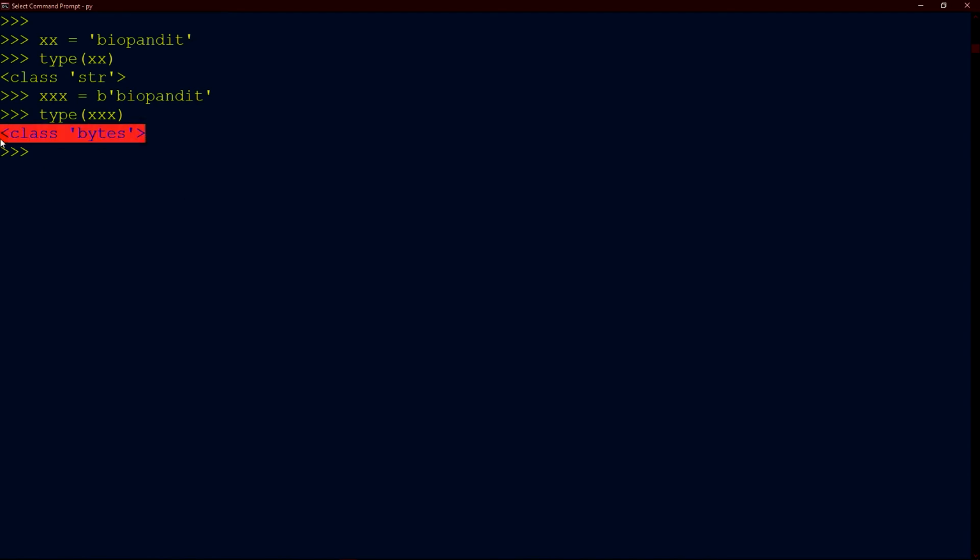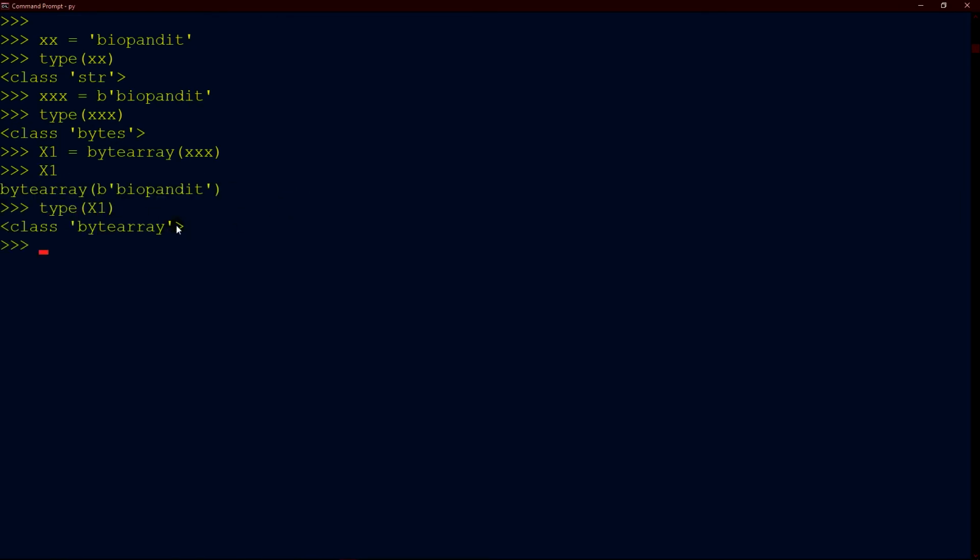To make a bytearray from a bytes object, you can use the bytearray function. It is now a bytearray object. And suppose I want to create a memoryview object, you can use the memoryview function to create it.